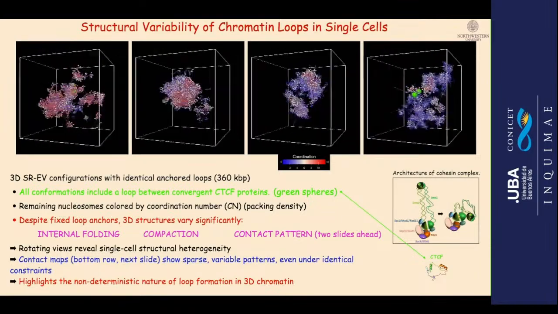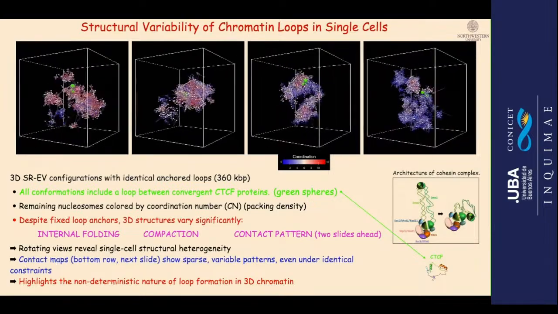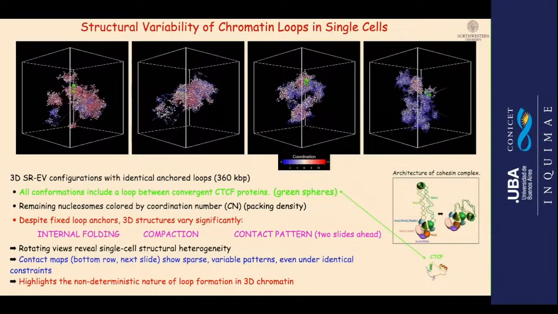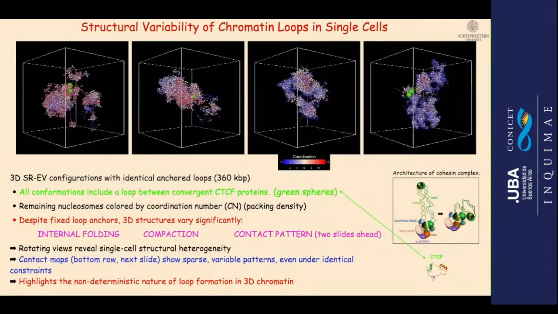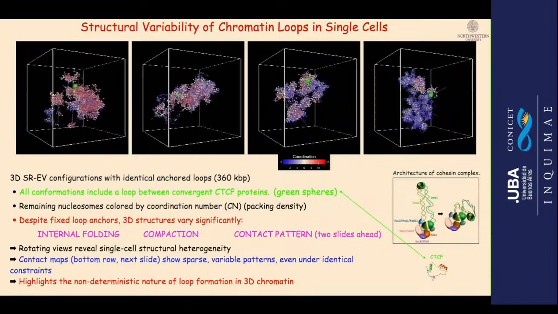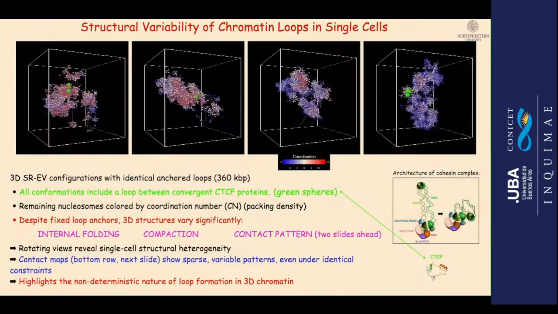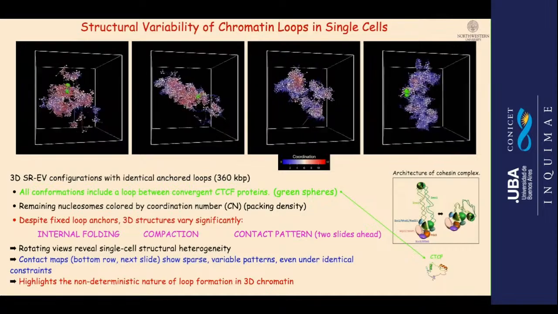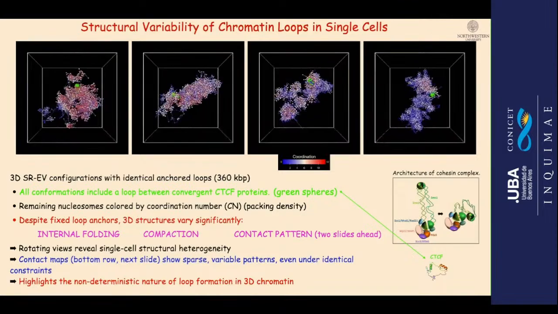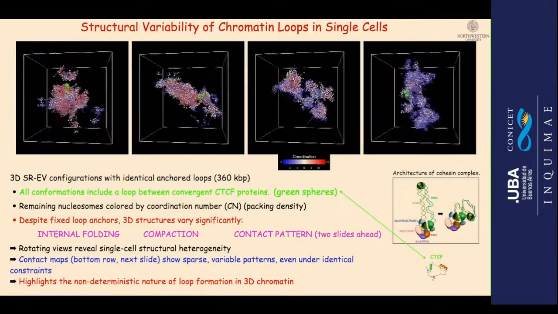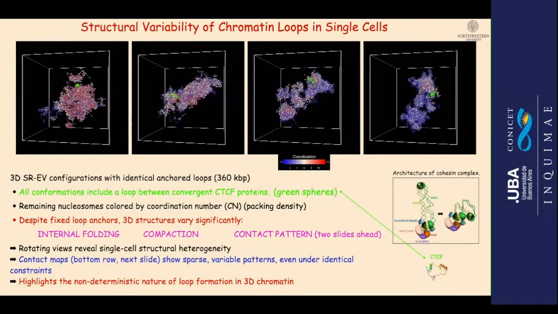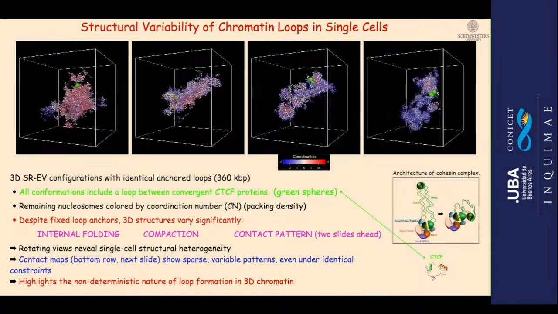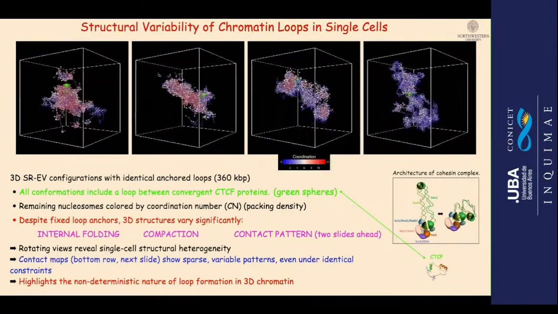Configuration length is 20 megabase pairs, but the part shown here is 360 kilobase pairs from a loop. The loop starts and ends at the same genomic